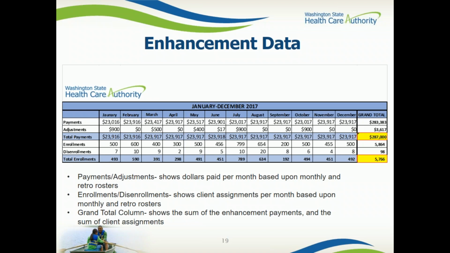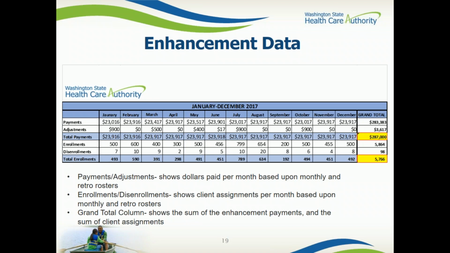So when you look at your actual January summary that I sent out for January of 2017, that number likely will not match what you're seeing here because we have received retro rosters, which will both remove and add clients to various months throughout the year. And when you look across at the grand total from January through December on that very first line of payments, and then you do the same thing for adjustments, you look at the line below that, the yellow box highlighted with the red outline, you'll see the total dollars that you received for the year